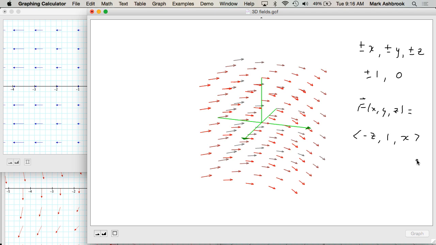Okay. So the x component could be any one of these 9 things. The y component could be any one of these 9 things, and the z component could be any one of these nine things. Plus or minus x, or plus or minus y, plus or minus z, plus or minus 1 or 0. Okay? So I'm going to slowly move this thing around, and it's going to be up to you to decide